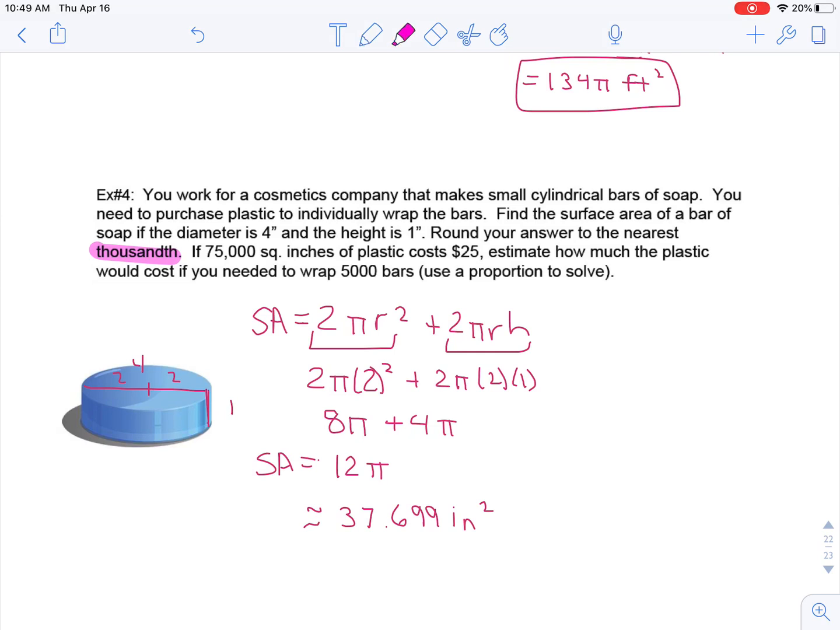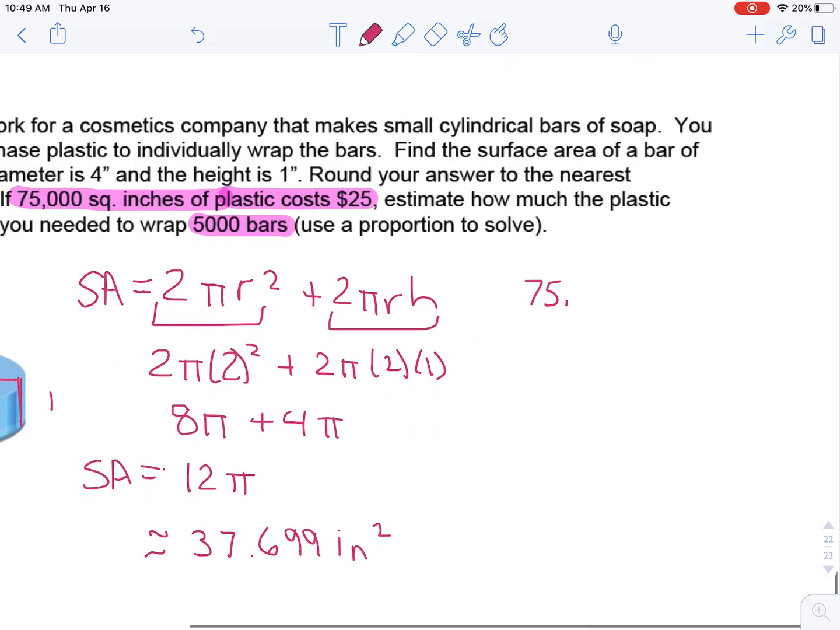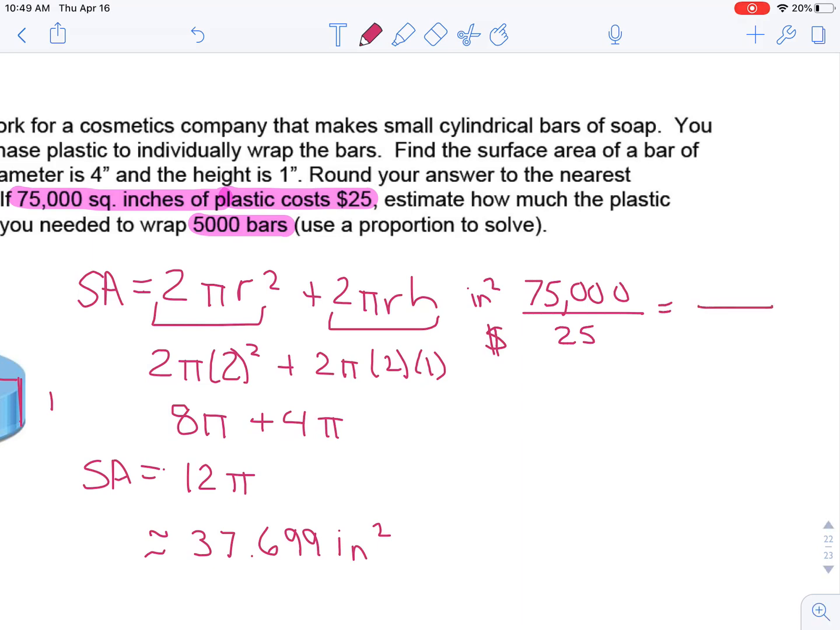Now, that's not the question. The question is, if 75,000 square inches of plastic costs $25, we need to estimate how much plastic it would cost to wrap 5,000 of these. So we know 75,000 square inches cost $25. So we're doing square inches on top, dollars on bottom. That is equal to,